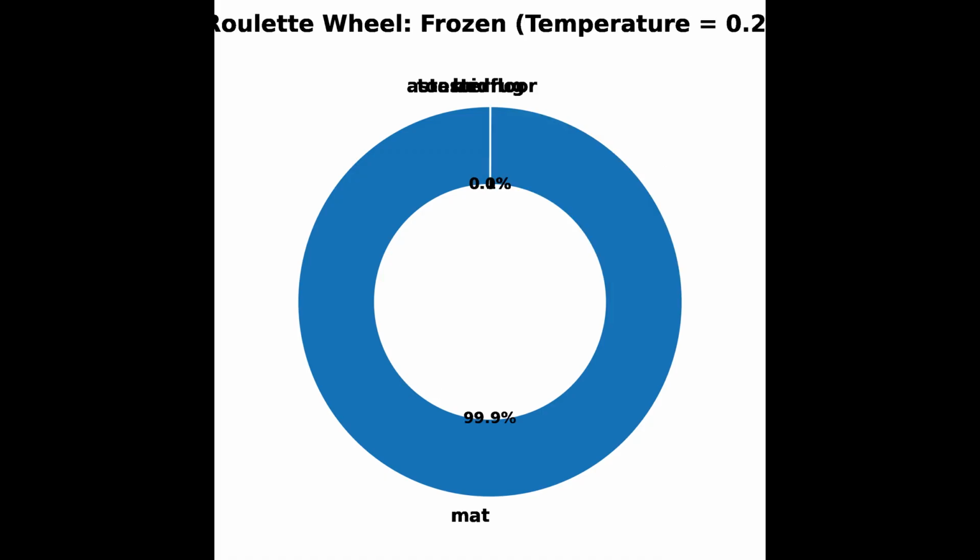But what if you are asking the AI to write computer code, or solve a math problem? You don't want it to be creative with the syntax. You want the most likely, most correct answer. This is where you turn the temperature down. When you lower the temperature, say, to 0.2, the math effectively freezes the distribution. It sharpens the differences between the scores. The big slices get huge. The small slices shrink to almost nothing. If you turn the temperature all the way down to 0, the wheel disappears entirely. The AI just picks the biggest slice every single time. It becomes a perfectly deterministic machine.